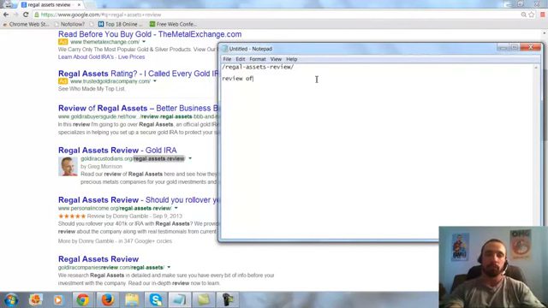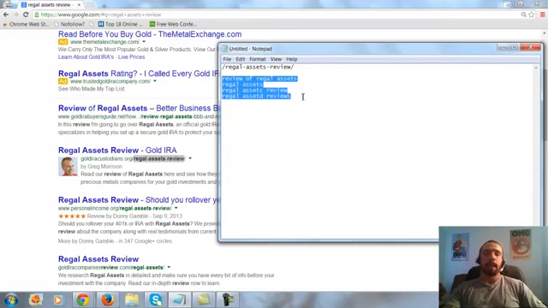It was like review of Regal Assets, and then probably Regal Assets Review, something like that. That's probably 3. And if there was a 4th one, it was Regal Assets Reviews. I don't know if there was 3 or 4, but this is what I would have done. It's either 3 or 4, and these keywords exactly. Now they can't really look at 4 anchor text and say he's over optimized,